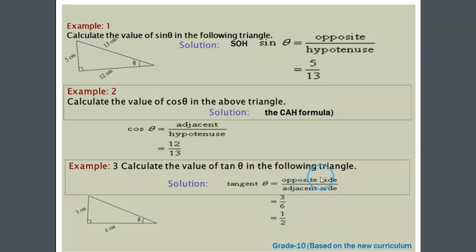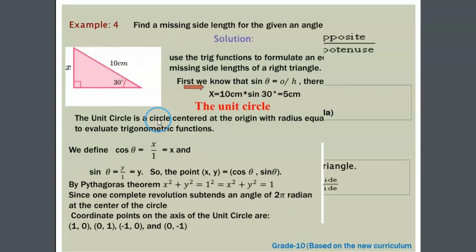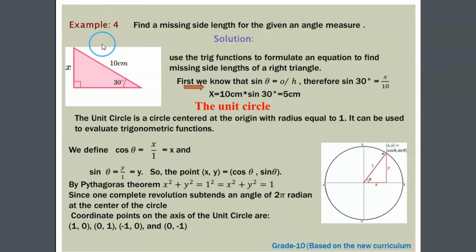Therefore tan theta means opposite over adjacent። የዚች የቴታ ኦፖዚት ሳይድ ማን ነው? ፊት ለፊት ያለው 3 ሴንቲሜትር ኦቨር አድጀሰንት ሳይዱ ይሄ ነው 6 ሴንቲሜትር 3 ኦቨር 6 ይሄ ሲቃለል ምን ይሆናል? 1 ኦቨር 2 ይሆናል ማለት ነው።